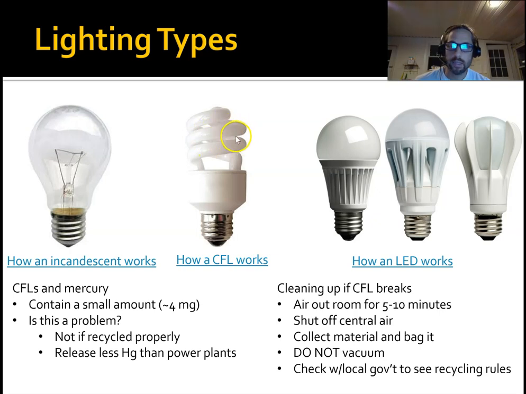Okay, so this is a tube that's wrapped around in a spiral. Now they have linear fluorescents as well, and I'll go over that in a minute. But these don't have any metal going through them, they just have a gas in there. So there's an argon gas. And basically it has a ballast at the base here, and when you run an electrical current through it, the ballast converts the voltage and the current,